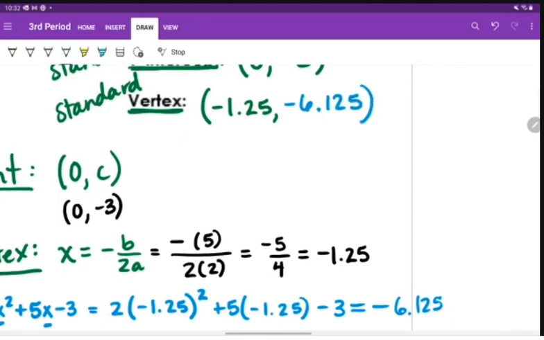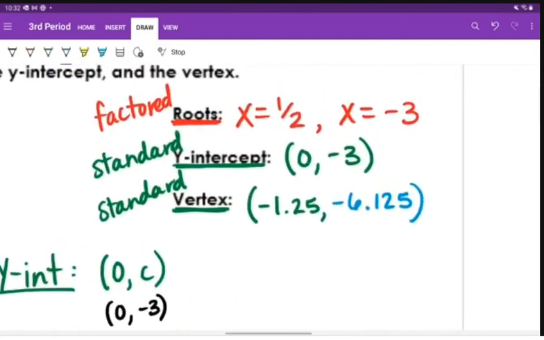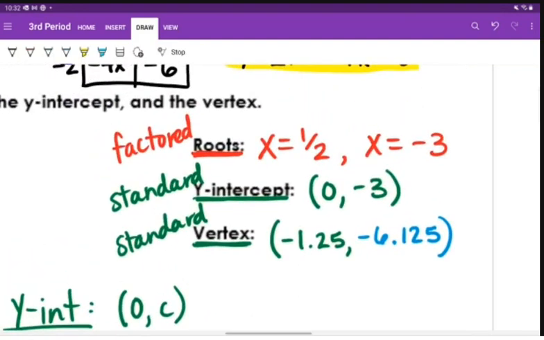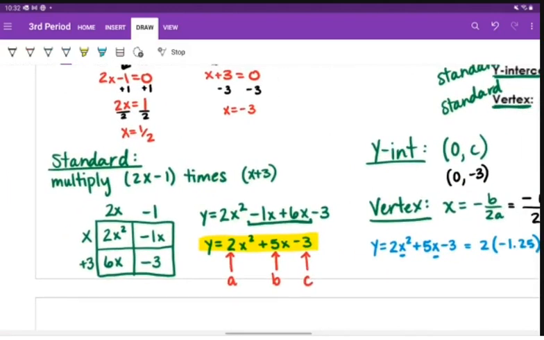And I've got a very multicolored answer sheet here. But does everybody see the process we went through? We started out in factored form. We got the information from that we could, namely the roots. And then once we were done with that, we were like, okay, well, we need to put this into standard form now to get the rest of the information. And so we did this whole step down here. This entire step that I put in the corner in green,